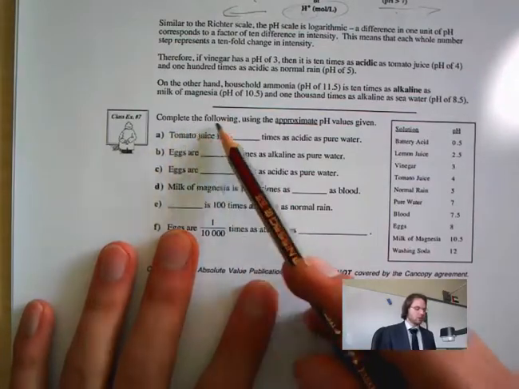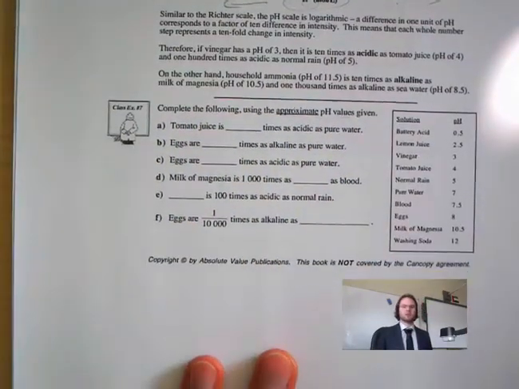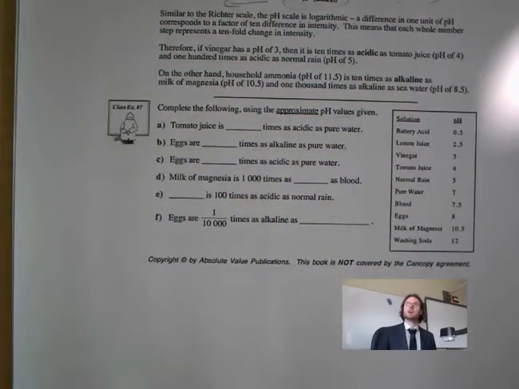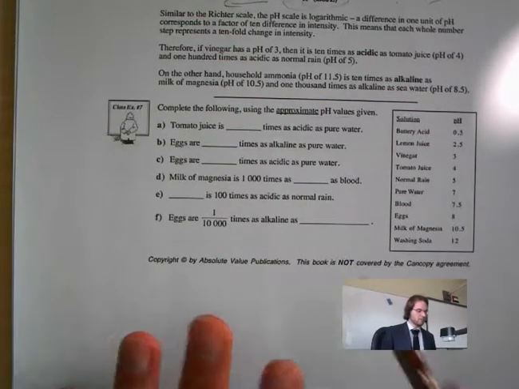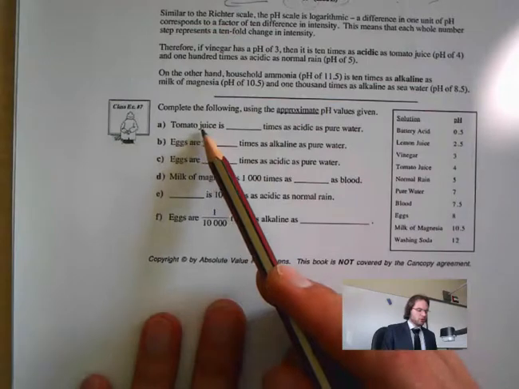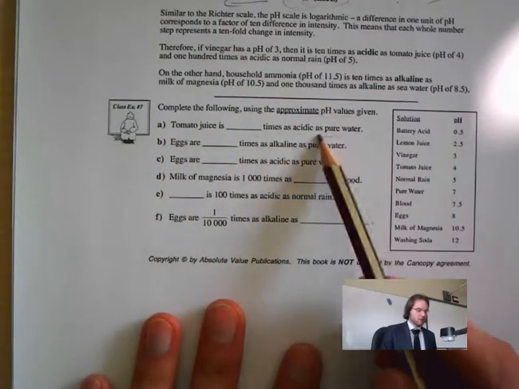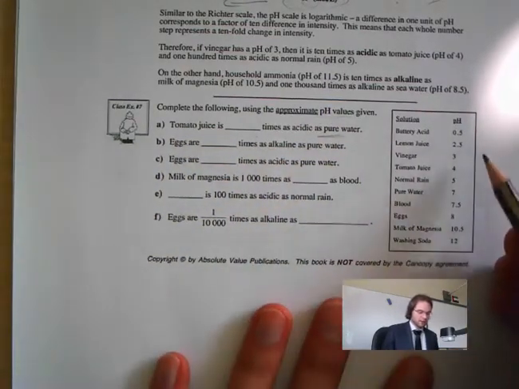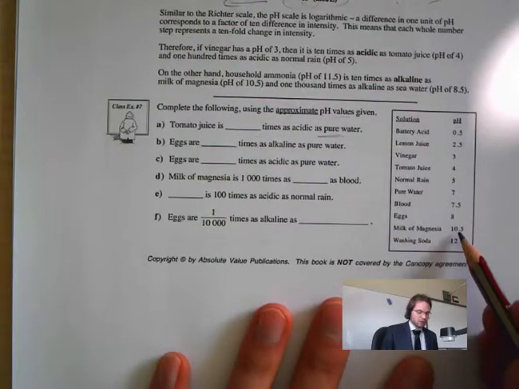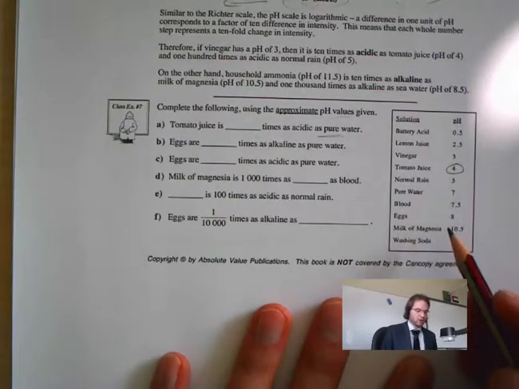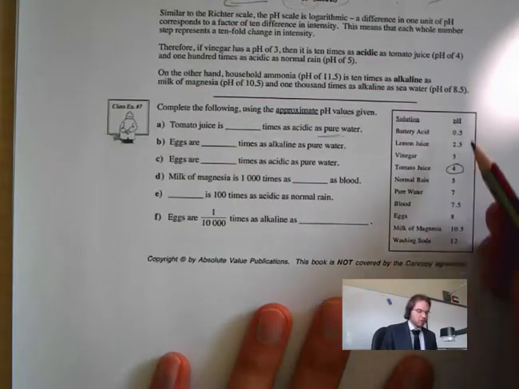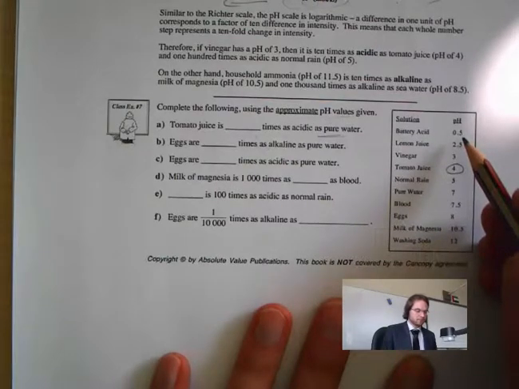So complete the following approximations here. Right now we're just going to try our best to complete these following approximations. So a tomato juice is how many times as pure water? Acidic. So let's look at tomato juice. My tomato juice is right here. It's a pH 4. And now we're going to look at pure water. And our pure water is